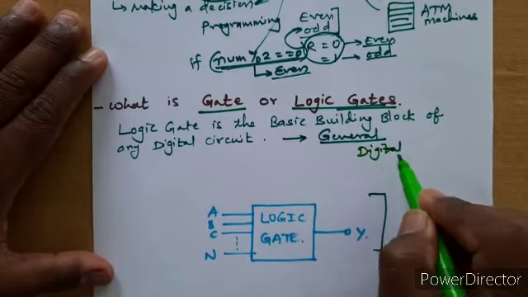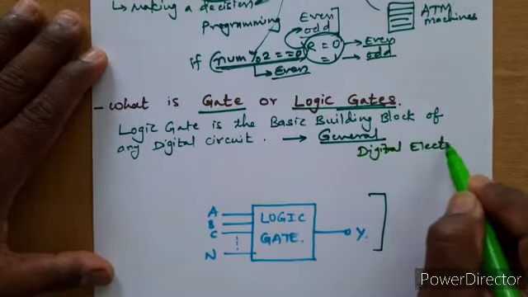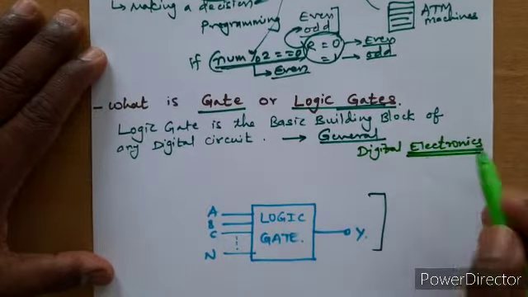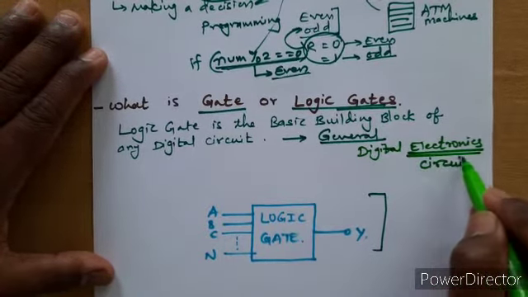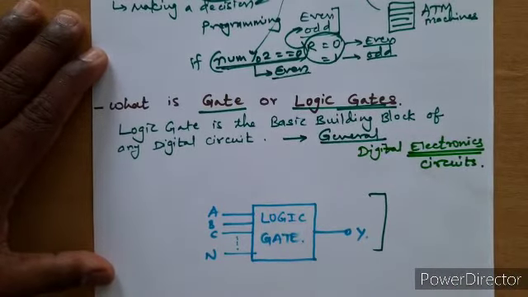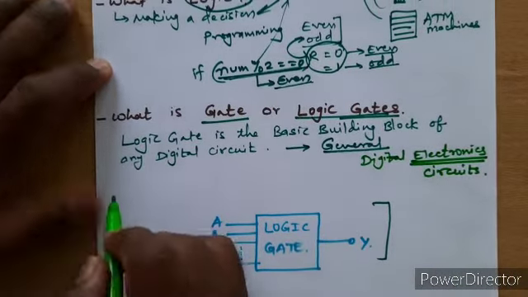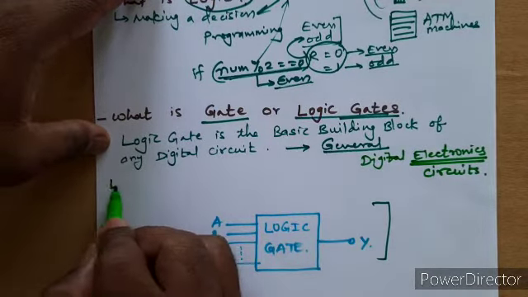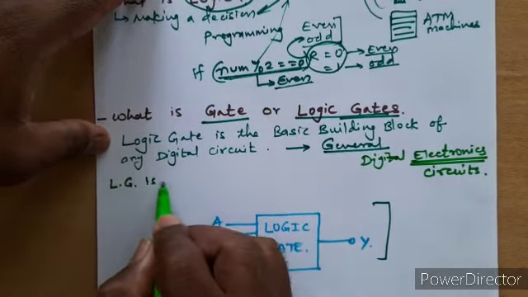I have been telling you so many times, electronics, and electronics means circuits, right? So I can put this definition in other terms, that a logic gate is a